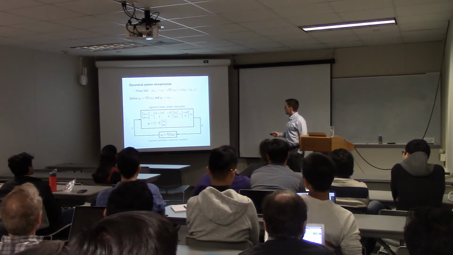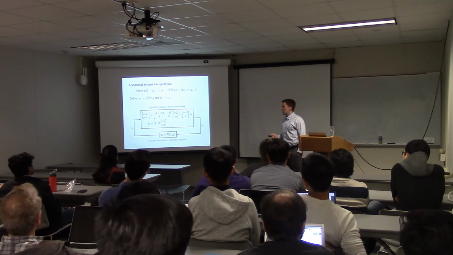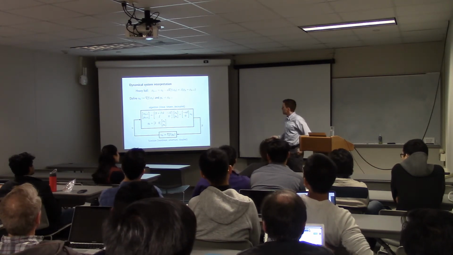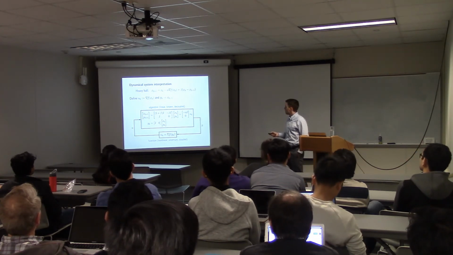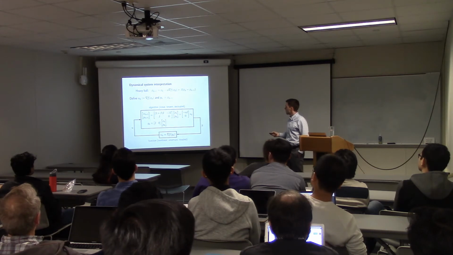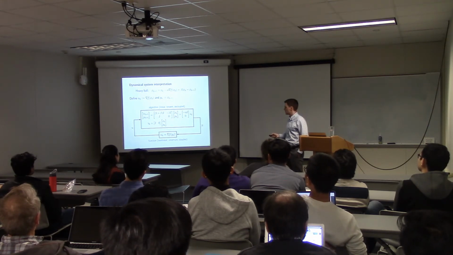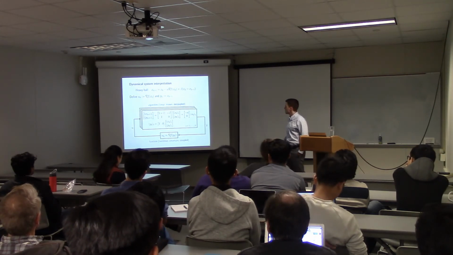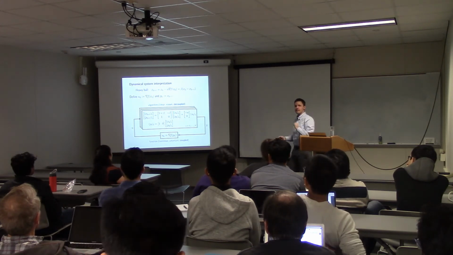Another thing I want to point out about the algorithm part here is that it's decoupled. If you look at xk, remember xk, this could be a high-dimensional vector. But if you look at these dynamics, you'll notice that the first component of xk plus 1 only depends on the first component of xk, the first component of pk, and the first component of uk. And the first component of yk also only depends on the first component of xk. So I can actually write this as n different copies of the exact same dynamical system.